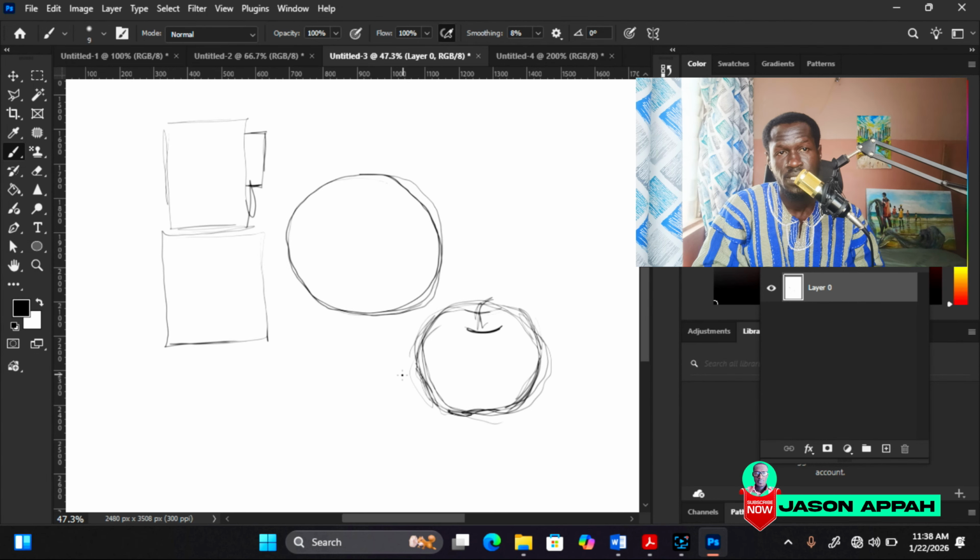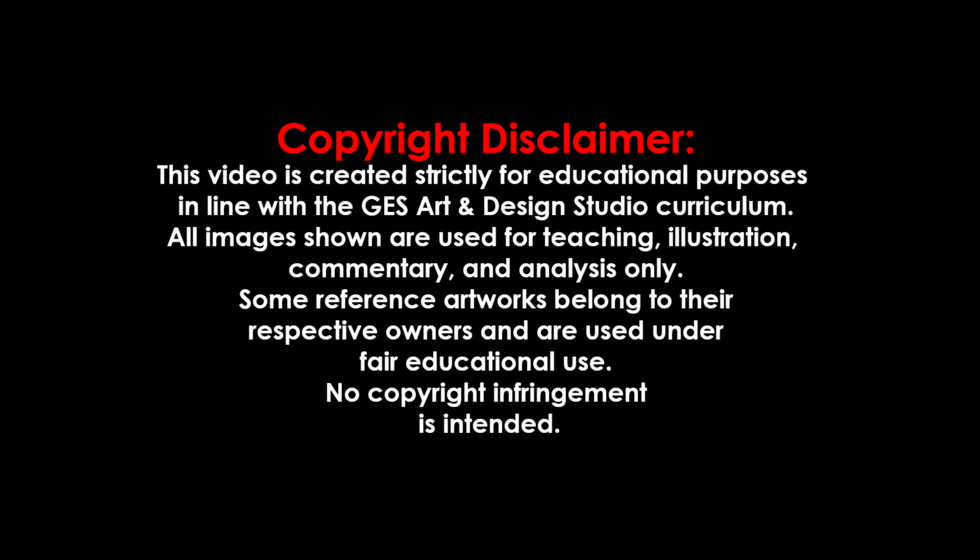Apple. Anything at all. If this mic is what you are drawing, the basic shape of this mic can be divided into so many shapes. So it's a very long rectangle. Then,